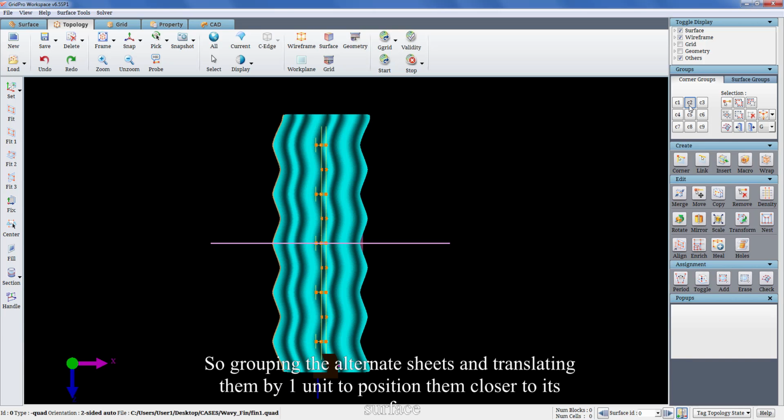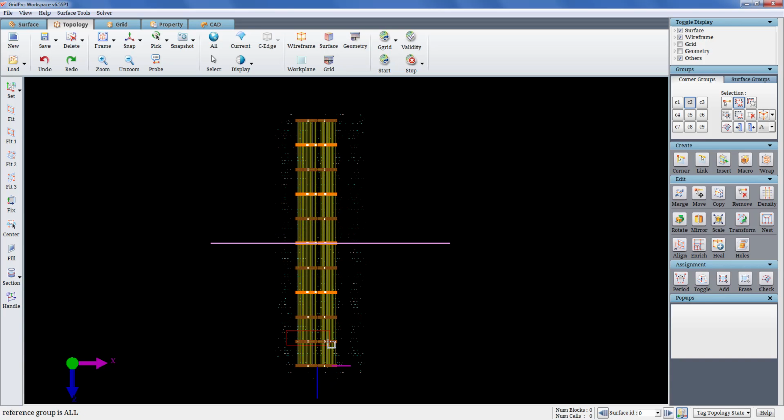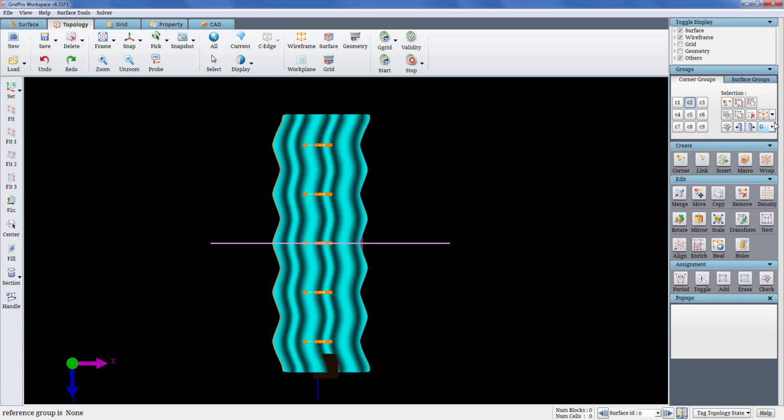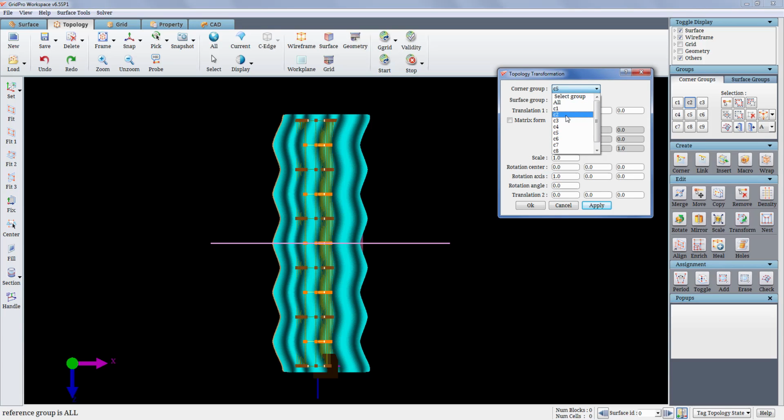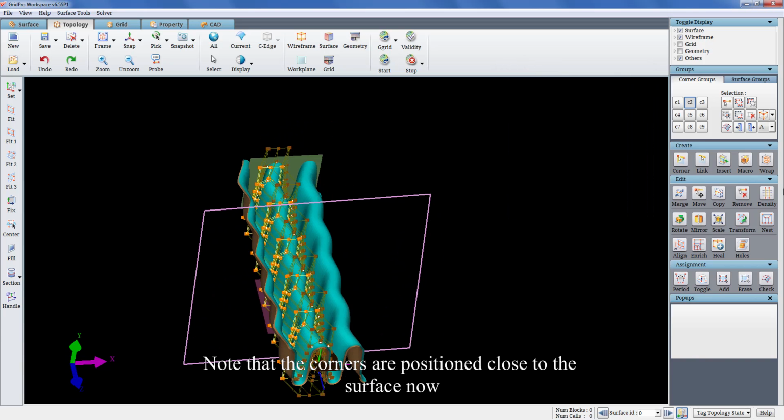So grouping the alternate sheets and translating them by one unit to position them closer to its surface. Note that the corners are positioned close to the surface now.